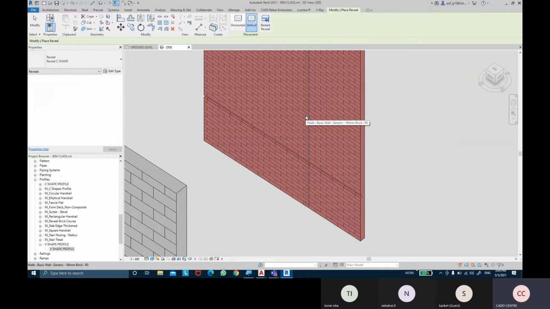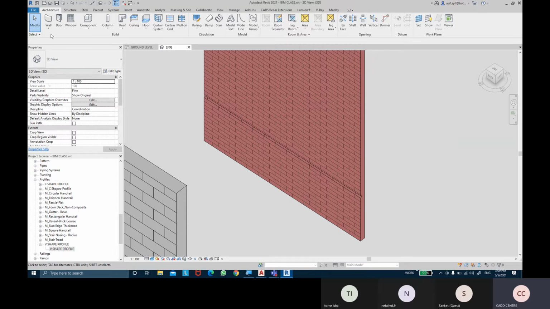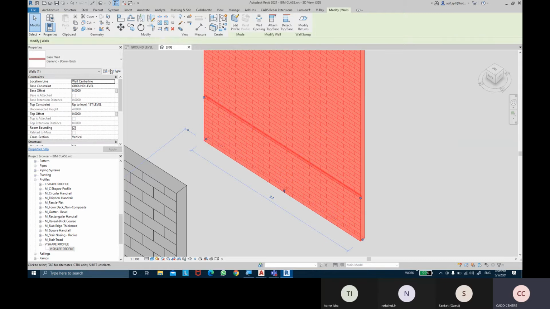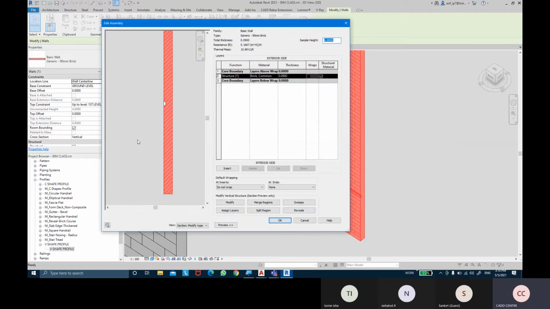But if you go into the edit type and choose reveal, it will be applied to all the type of the wall, and it will be only horizontal reveals basically. No vertical reveals won't be possible to be applied. So I prefer to use the wall reveal option, which is given over here, not in the edit type, because that's a little bit complicated to use, or not complicated, but it generally applies to all the parts of the walls, which might not be the right way to apply it basically.